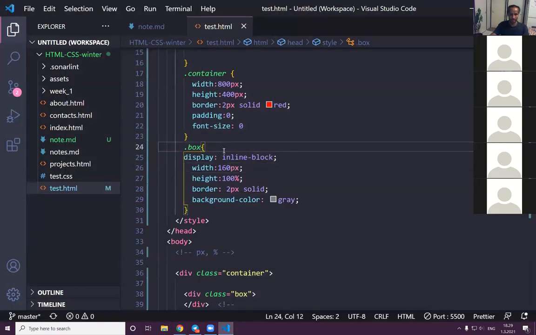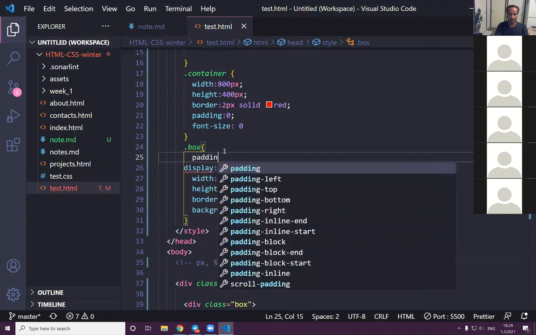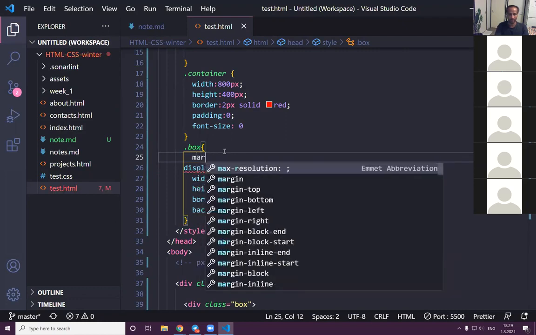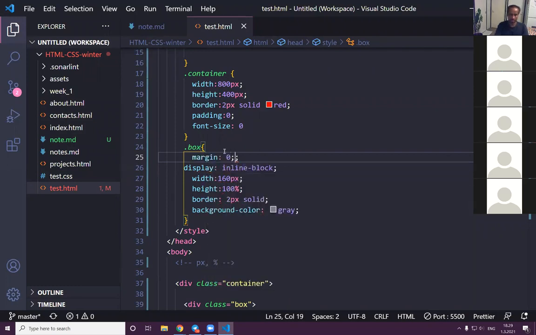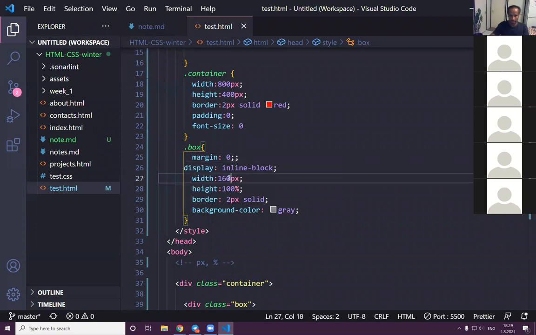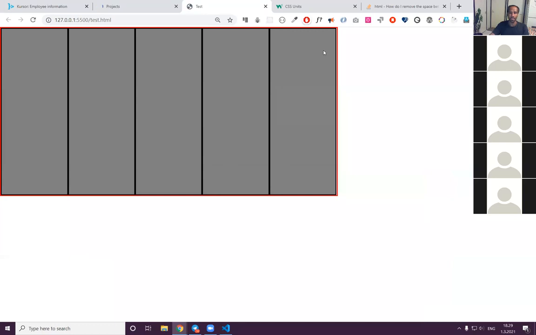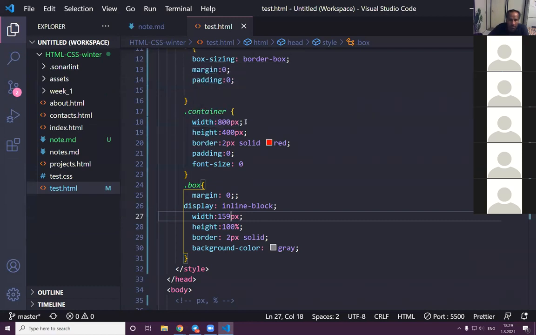Why? Maybe, does it have a padding? Okay, let me check padding and margin. There's a hidden margin, 0. No, there is no. Anyway, you got the idea. So for demonstration, I can just put it at 59. And yeah, it's almost closer there. Okay, but how about if I change this to